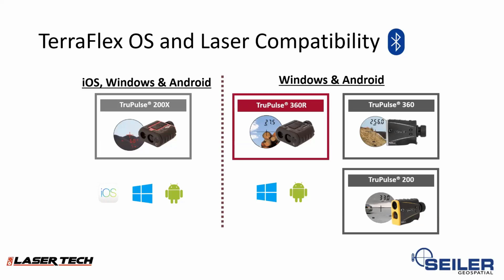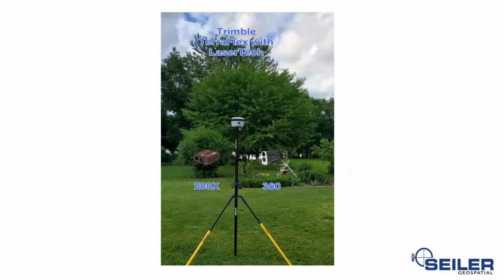Yes, thank you, Derek. I'll show some examples here of how the setup goes. So real quick, here's a screenshot just to give you a visual. Of course this is overdone, but in order for me to take a picture, I had to put the bipods up. So this is a setup with an R2, subfoot, could also be centimeter. It's hard to see, that's why I put the two screenshots up there of the 200X on the left and the 360 on the right. It's just the magic of